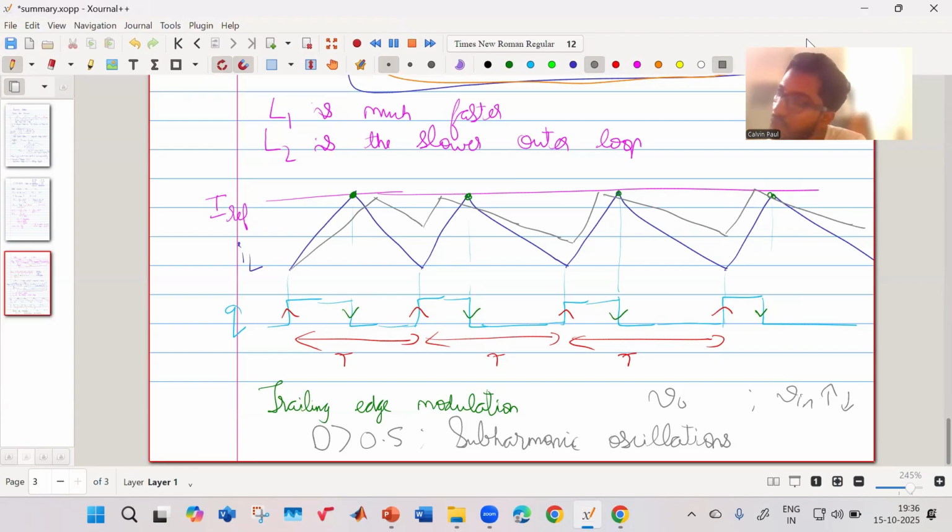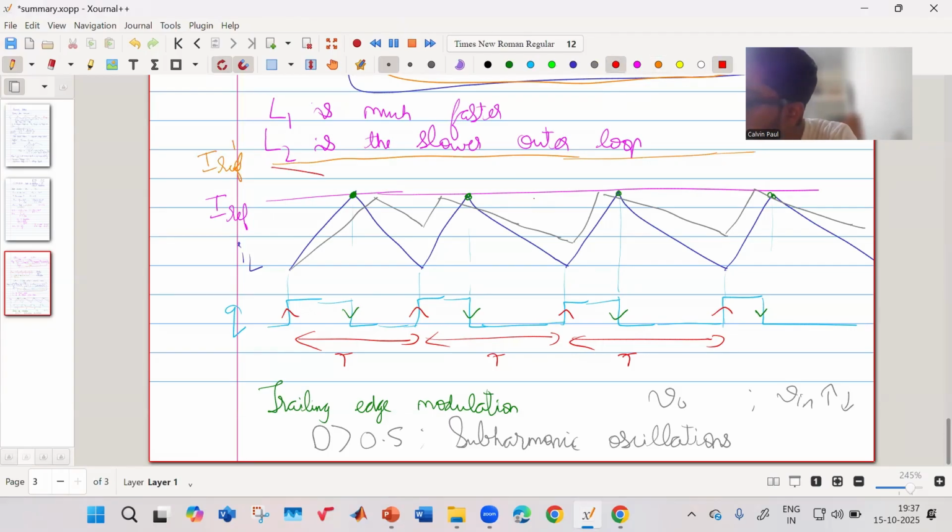So let us say we want to find a technique better than that. What else can we do? That slope ramp compensation. Yeah. So instead, what you have is you have your new reference. Let us say this is your new reference dash, and it actually has a kind of slope. It starts. It will have a slope. It will have a slope. Okay. So because of this slope, what it would do is,